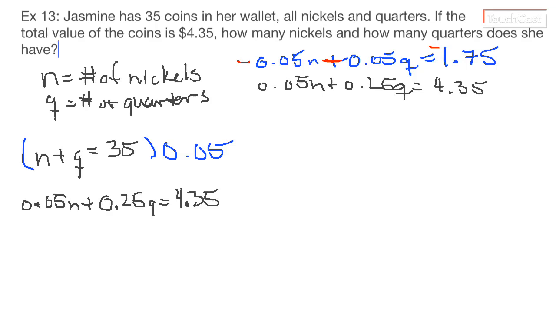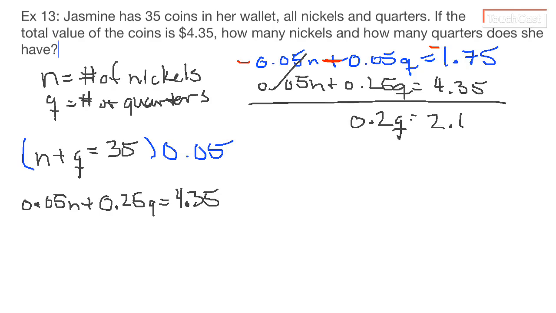So we're eliminating our nickel term. That's gone. We've got 0.2 Q equals 2.60. So if we divide by 0.2,